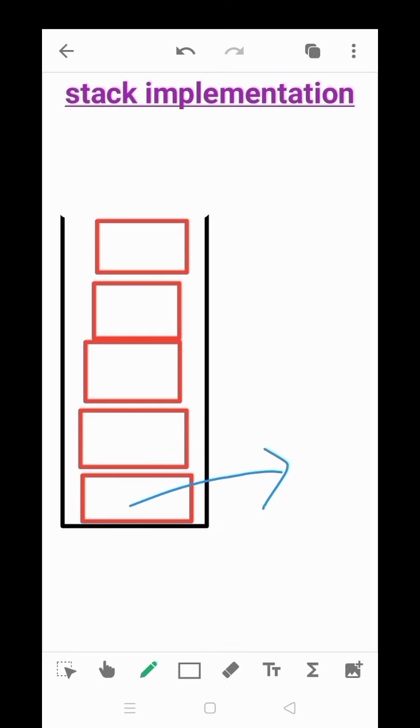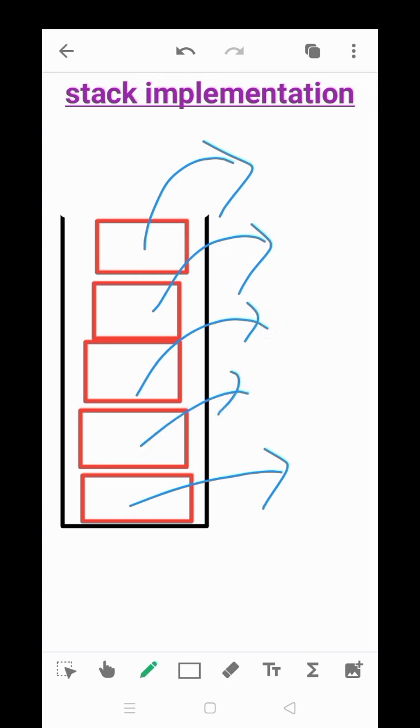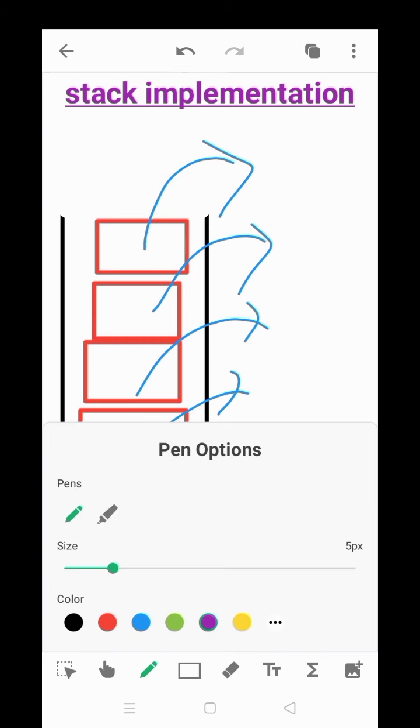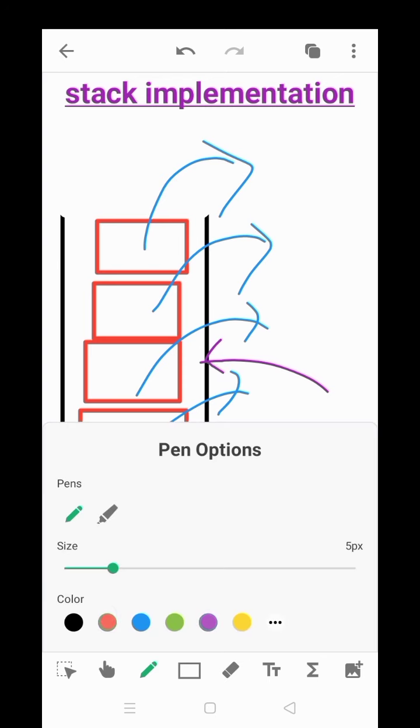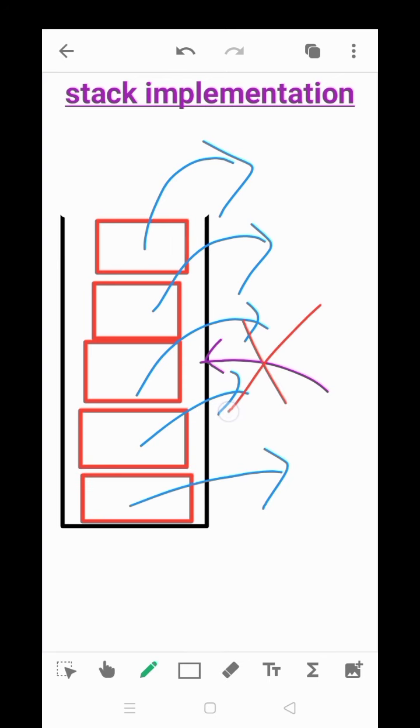If you want to remove this object, we have to remove the ones above it first, then next, then next, and last it will be removed. And we cannot insert an object in between. If you insert an object in between, it will be wrong.